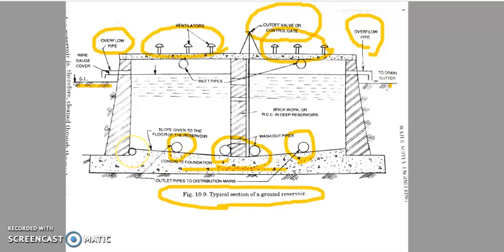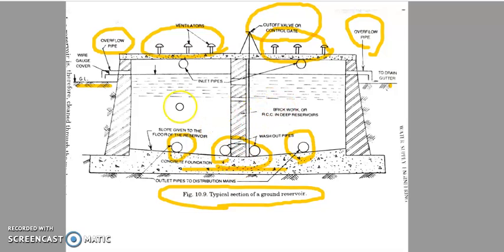And then you can see here the ground, and the concrete foundation which is laid is made slightly sloping towards the center. So even though you are storing treated water here, after a long number of months or years, some amount of settlement will take place. That is to be removed with the help of these washout pipes. So occasionally whenever you clean the tanks, that wash water with whatever little bit of dirt has settled is going to be washed out through these washout pipes, right?